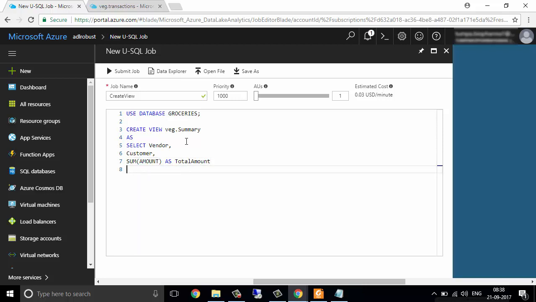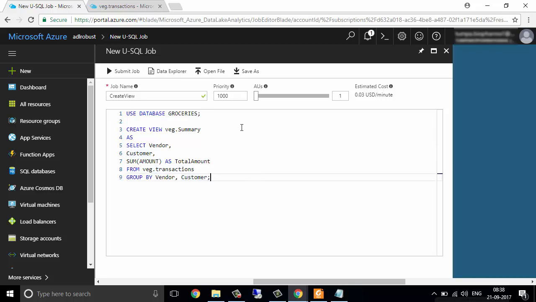From Wedge.Transactions, this is the table from which we need to get the data, and GROUP BY vendor and customer. If you see, this is a very simple SQL statement.